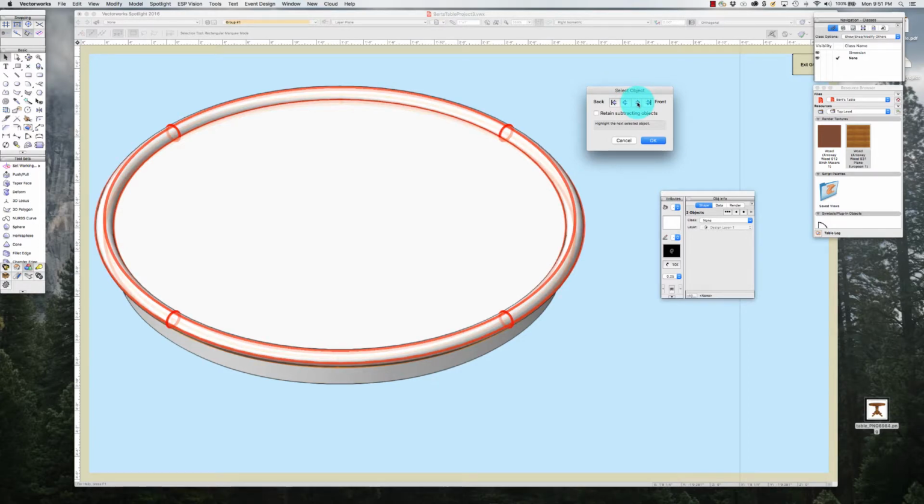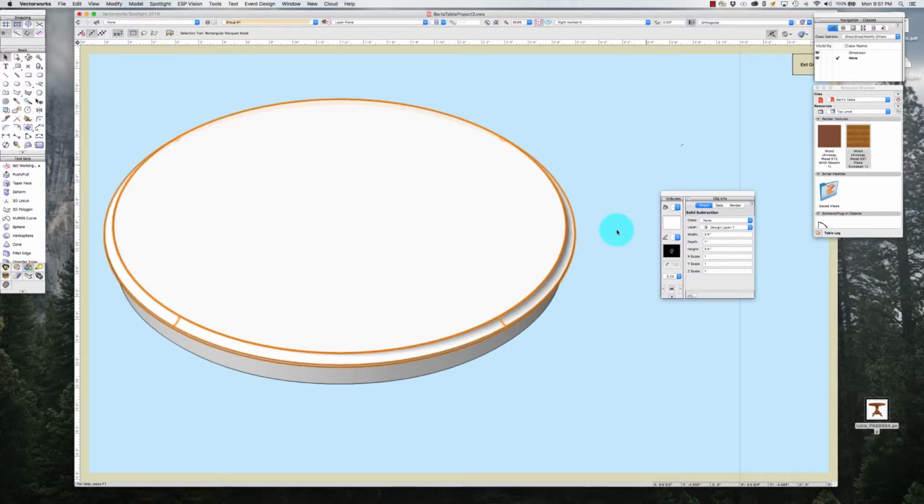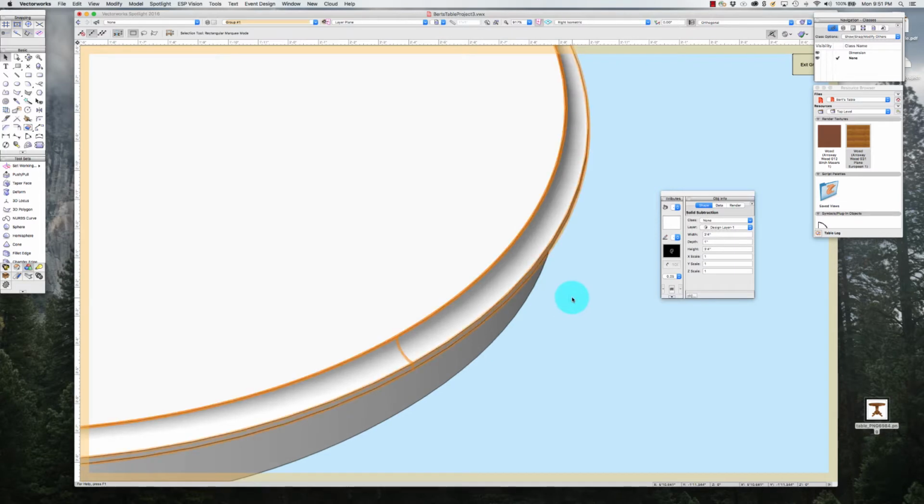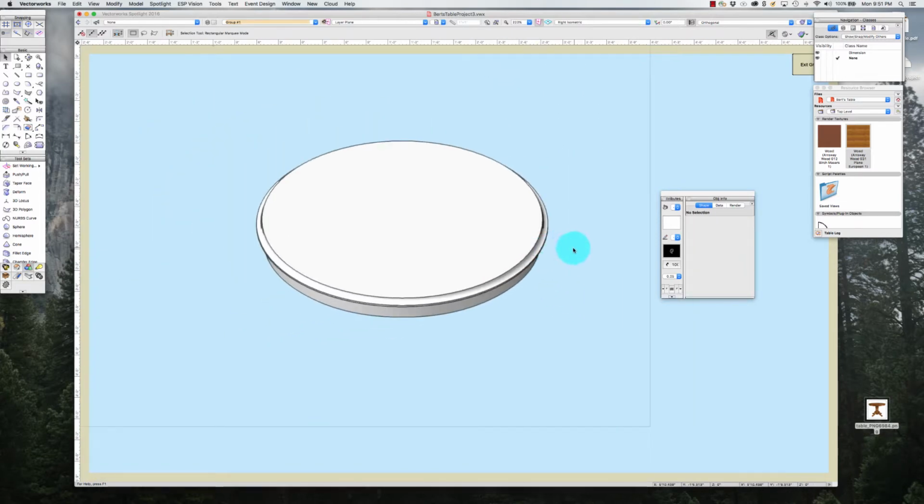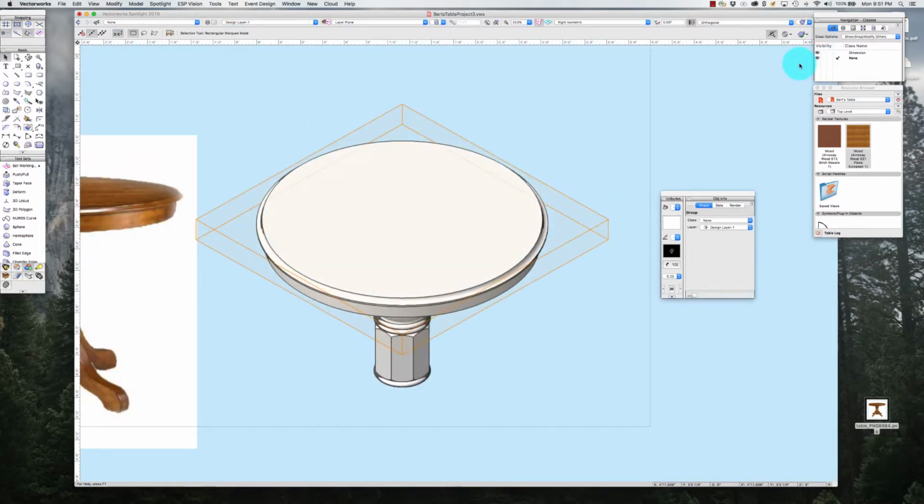Okay, so that's not it. This is it. I want to make sure that the tabletop is selected as the retaining object, and click OK, and you'll see what happened here. So I created this routed effect by subtracting that from my tabletop. I'm going to exit, and